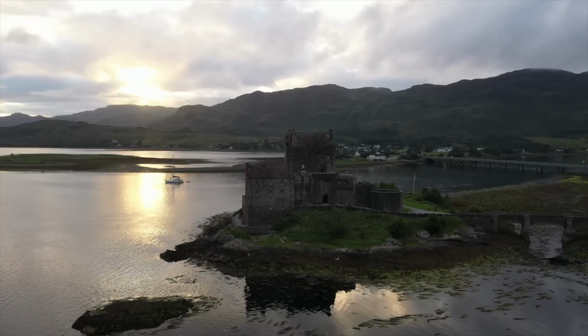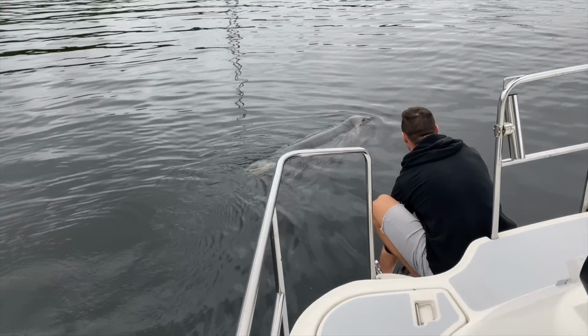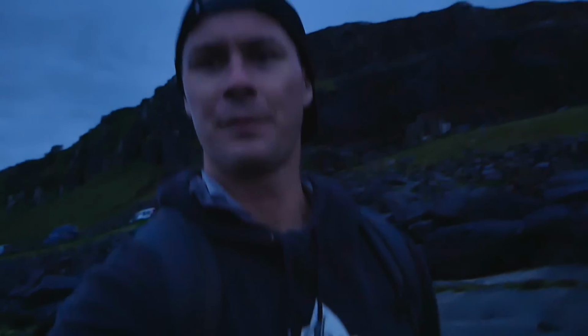In this week's episode, we've got lots to see and plenty going on as we make our way from the Inner Hebrides to our staging point in the Outer Hebrides in Scotland. Definitely glad that we made it back to the boat before anybody else moved it for us. So it is really hard to find these things, but we definitely seen one. We're here to stage before we head over to...